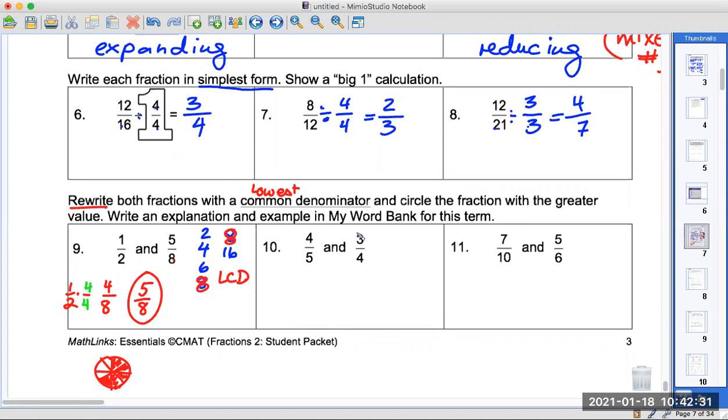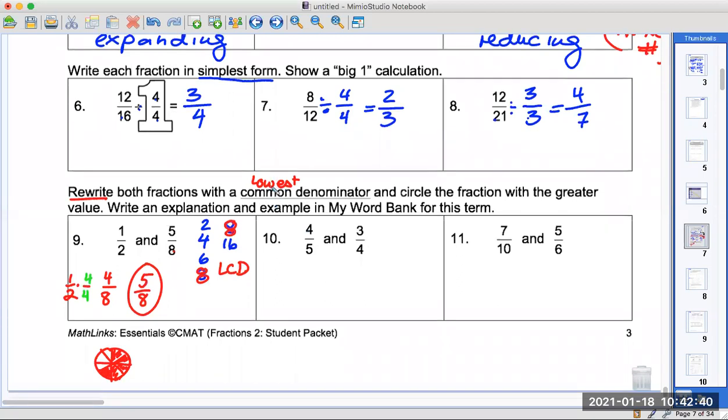And next we have 4/5 and 3/4. We want the common denominator. I'm going to make it even a little more challenging. I want the lowest common denominator. You can always say a common denominator is 20 because 5 times 4 is 20. And in this case, it is the lowest because if you look,